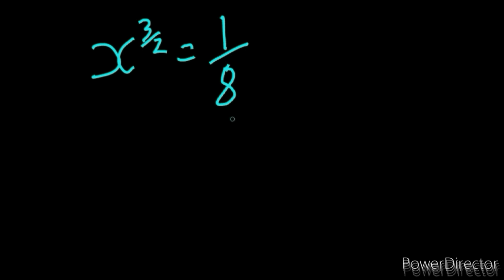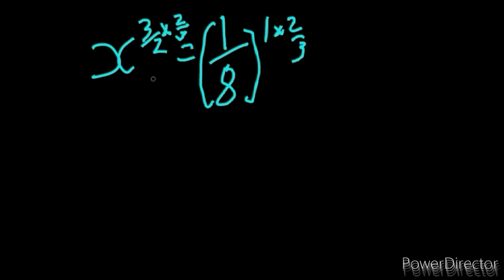So I'm going to do it both ways. If we choose to solve it with the calculator, in order to get rid of this exponent, we have to multiply both sides by the reciprocal. Notice that this whole thing has exponent 1. So now we multiply both sides by the reciprocal, which is times 2 over 3. Whenever we multiply by the reciprocal, the exponents cancel out, and we're left with x is equal to